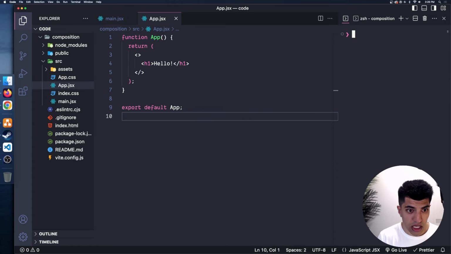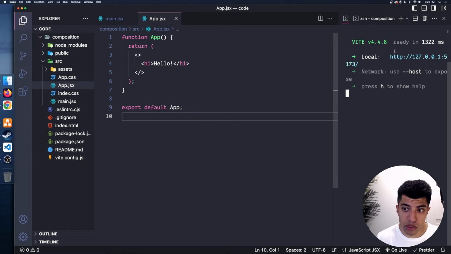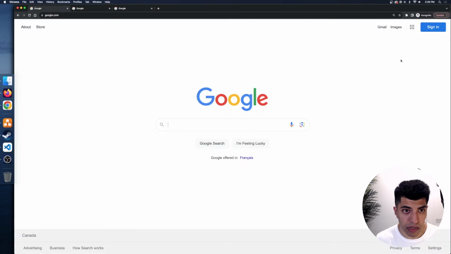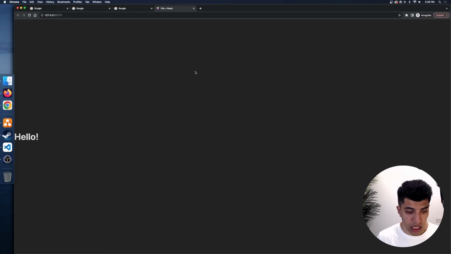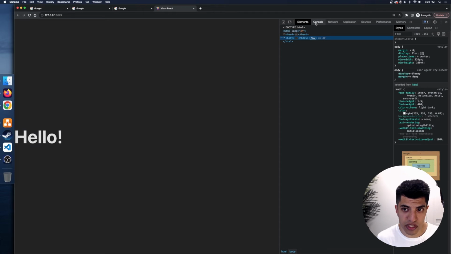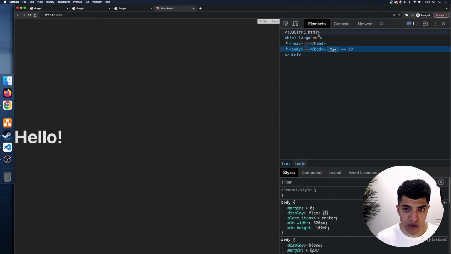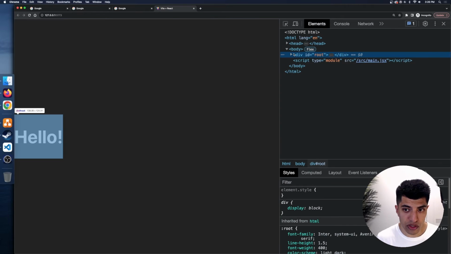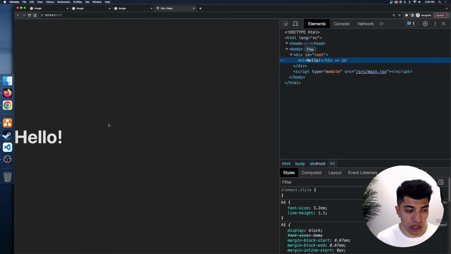Now I'm going to run npm run dev here, and that's going to start the actual dev server now that our node modules is installed. And if I command click or control click on this localhost link here, or you can just copy and paste it, that should open up in my browser, and we should actually see our hello listed there. I'm going to open up the inspector just so we can take a quick look at that if need be. And there is our actual markup, right? So here is our div with ID of root, and inside there is our h1